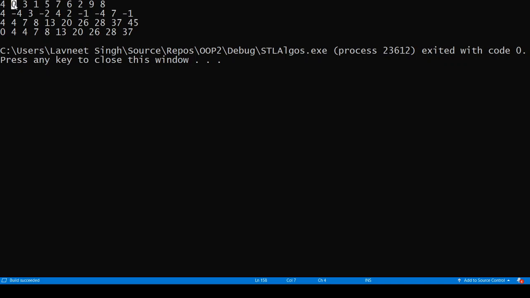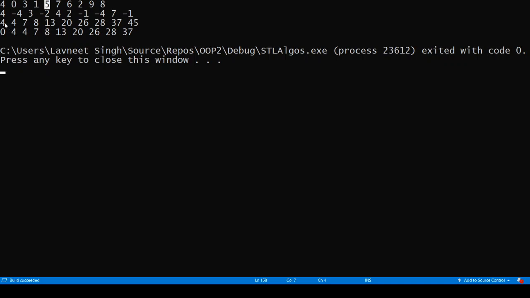0 is not considered, but the previous value is considered. So sum is 4. We need to sum it up, right? The third value is not considered, so the sum is 4. The fourth value is not considered, but the previous value is added, so sum is 7. So it does not consider the current value in the source collection.